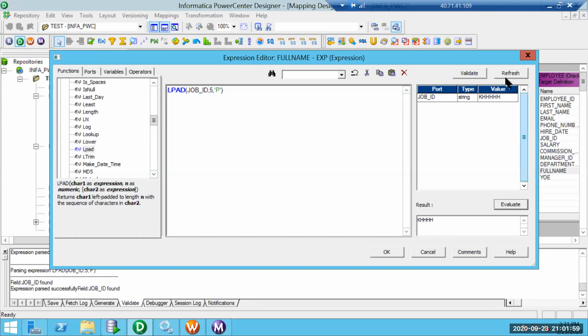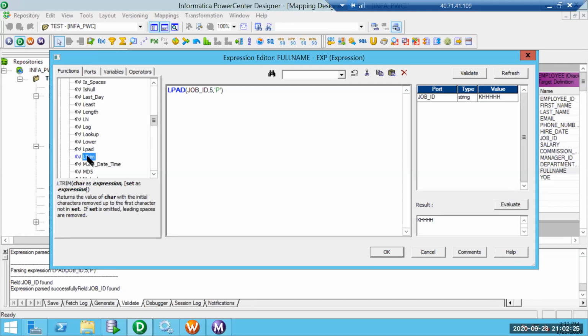So I'll add 2 things. If the length is lesser than that, it is going to prefix it with LPAD. If the length is more than that, it is going to trim, as good as doing a substring only till the character specified in the second parameter.